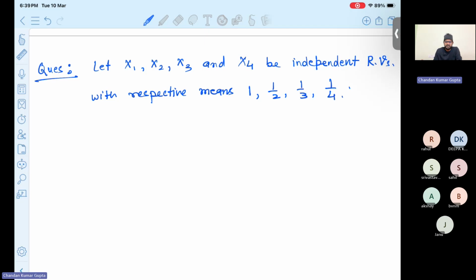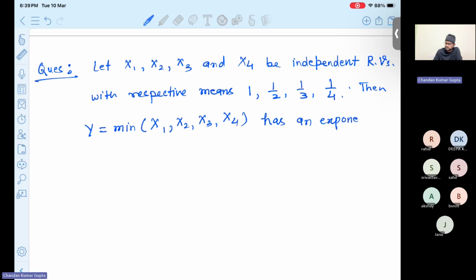Then Y, which is defined as the minimum of x1, x2, x3 and x4, has an exponential distribution with the mean equal to